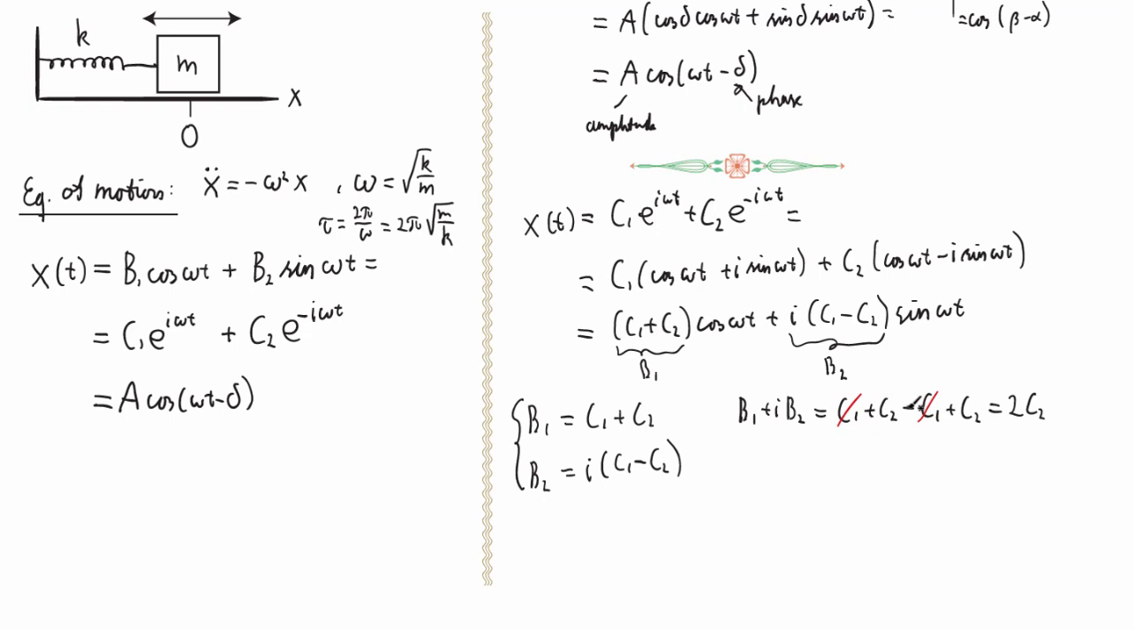And this minus sign comes from the fact, of course, that this I times that I is minus 1. And then we'll do the same thing by taking the difference between b1 and I times b2. And this gives us